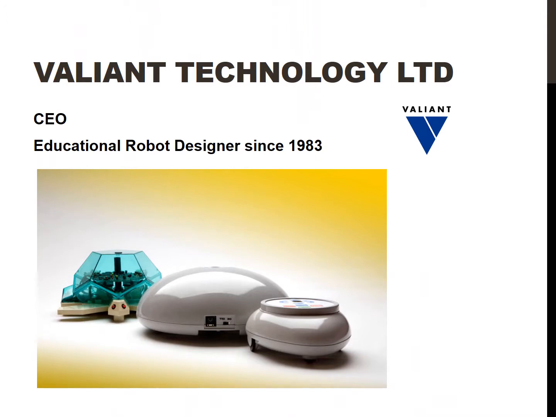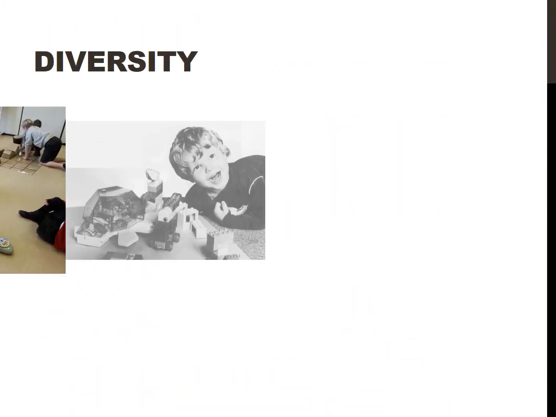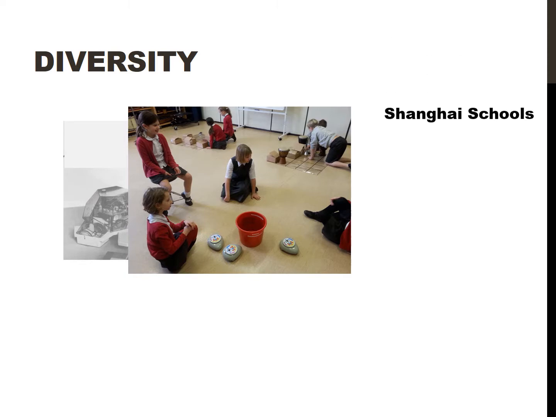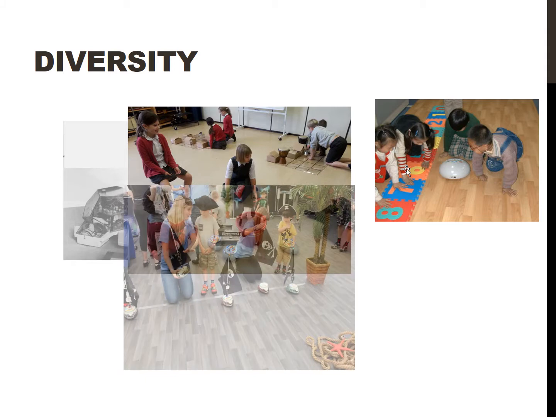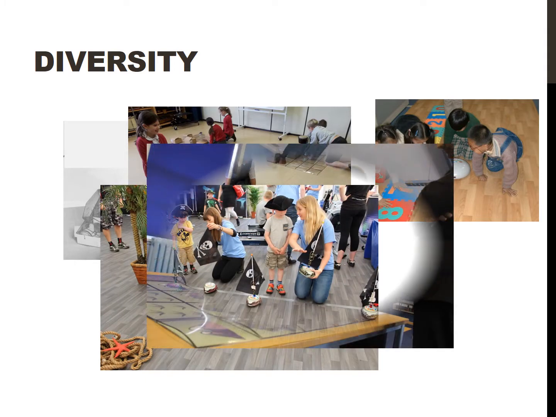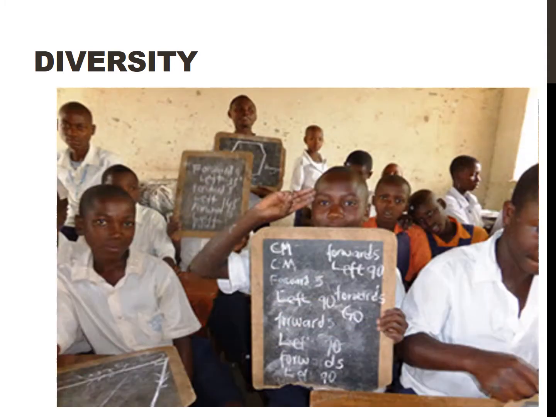I need to give you a little more of my personal biography. I started developing educational robots in 1983, starting with the Valiant Turtle, then what is now called the Classic Roma and the Roma. In that 30-odd years, I've worked with thousands of teachers. I've sold hundreds of thousands of robots. I've been in innumerable classrooms on 5 different continents. I've been in some of the richest schools in the world and some of the poorest.